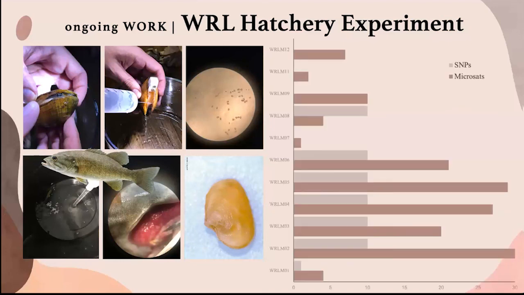So this graph is a comparison of the number of samples from each gravid mother included in each marker set. You can see that there is variation in the success of propagation. For some mothers, we were only able to collect a few individuals, and for other mothers, like mother 2, we were able to collect about 30 juveniles. For the microsatellite dataset, you'll see that we have a pretty high number of individuals included in the analyses, where for the SNPs, we have reduced representation. And we can do that because of the power of the SNP approach.